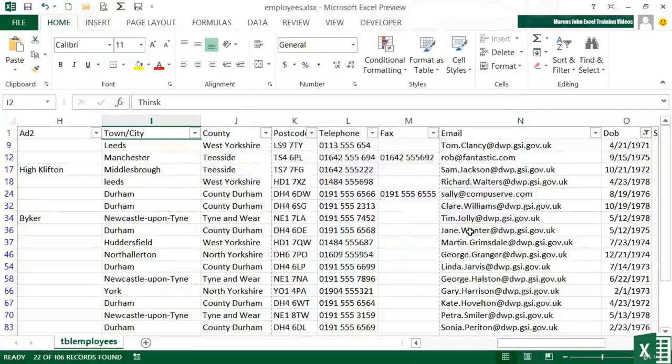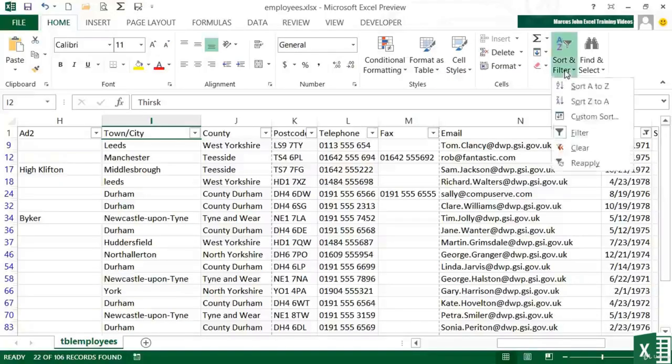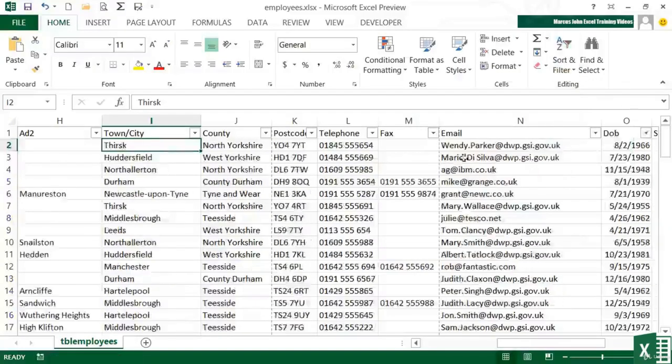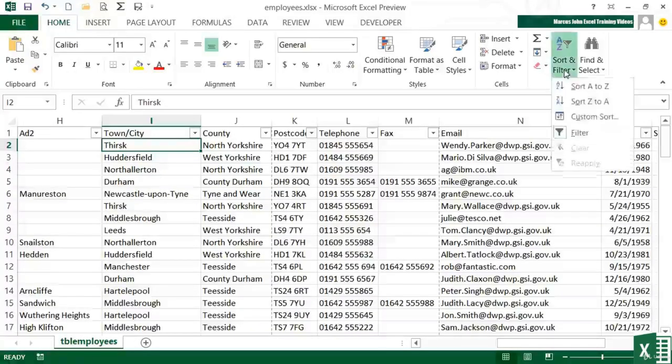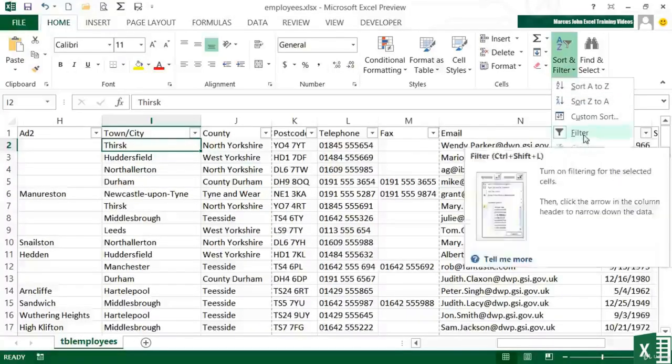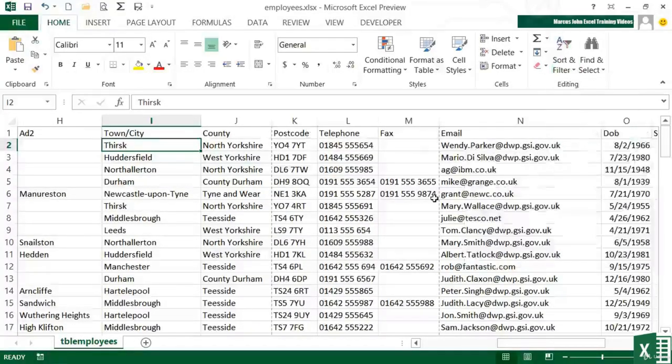If I have a number of filters in place, and notice they do compound, so that filter works with that filter, works with that filter, and I want to remove them all at once, I can simply go to Sort and Filter and Clear, and that will clear all filters that are in place. And then I can see all my data has returned because the row numbers are now black and green when highlighted, but they're not blue. And I could remove these little drop lists if I don't want them. I go into Sort and Filter and just click the filter option again,